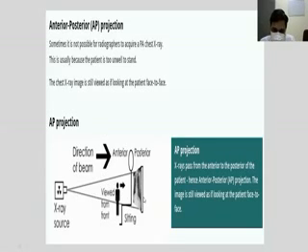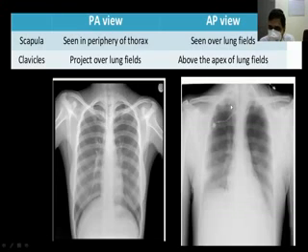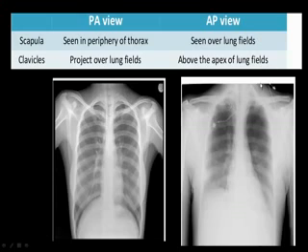Now, when the film is given, how do we identify a PA view or AP view? Generally, most of the time it will be written on the film, PA view or AP view. But while interpreting, we should not rely only on that mark. We should also try to identify it by other findings, because it's not always true that if PA is written, it is PA. Sometimes mistakes may happen. There are two standard things, bone structures, which we can identify. There are many points, but these are consistently seen in most X-rays: one is scapula position, and another is position of the clavicles.